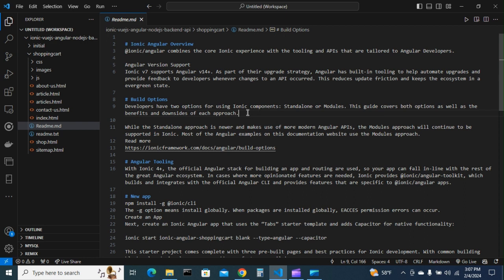to more of the standalone component instead of using the modular style. While the standalone approach is newer and makes use of more modern Angular APIs, the modular approach will continue to be supported. You can use it. Maybe you are building a multi-tier application, maybe a dashboard or something like that. But for me, I have settled on standalone